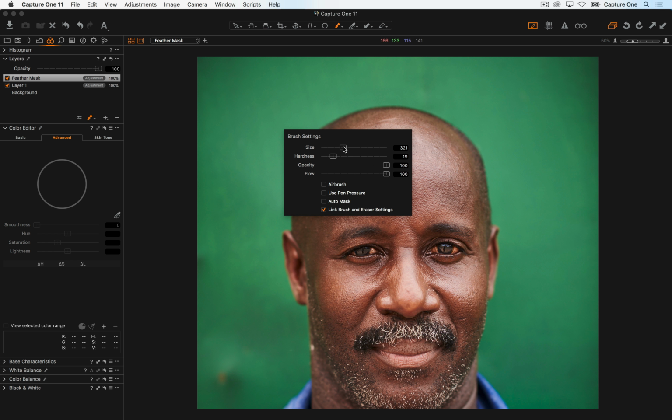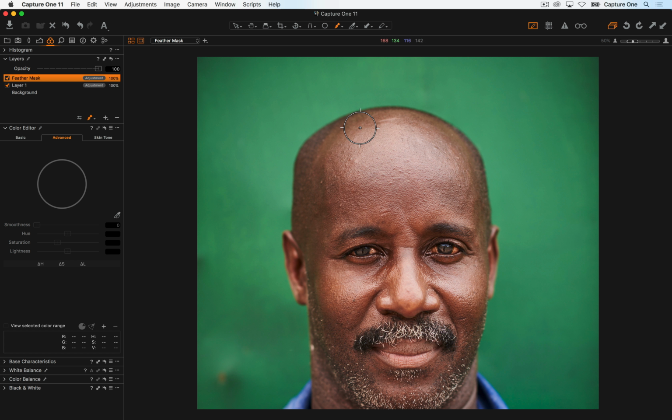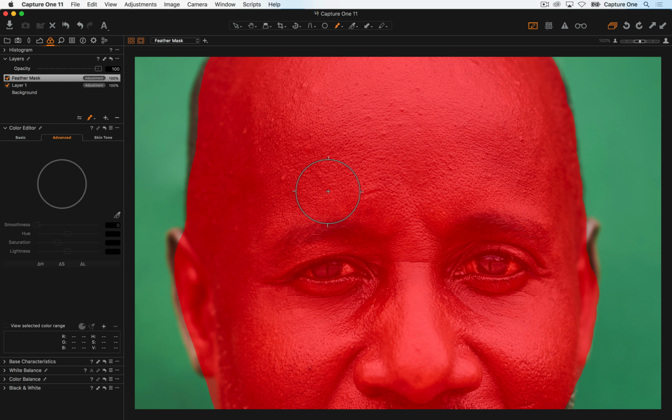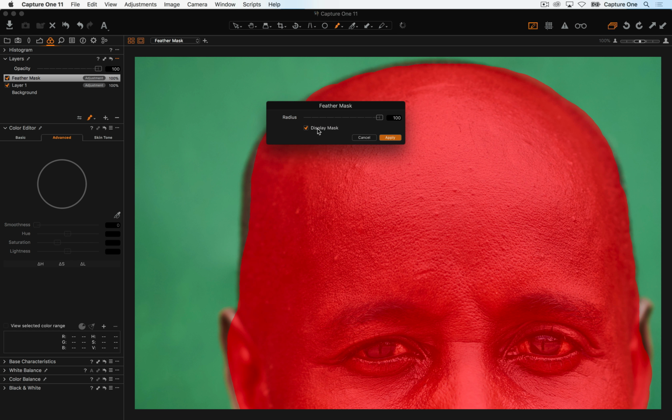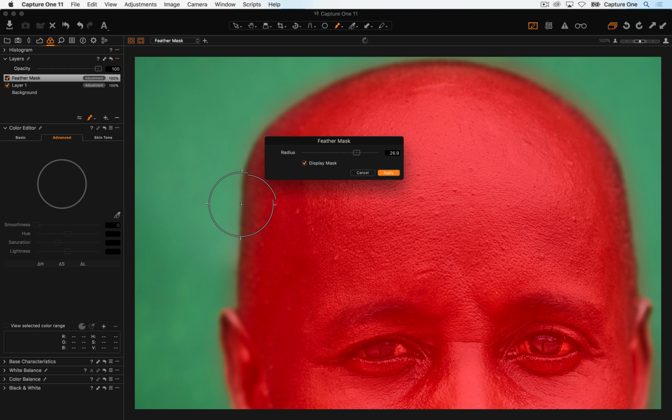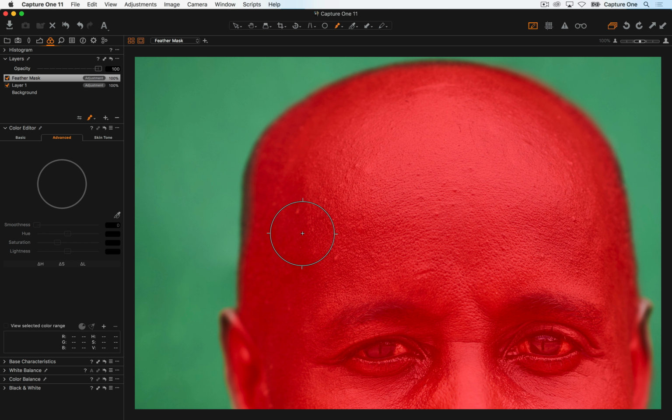So now if I mask our gentleman's head here, for example, let's just do a hard edge. I'm sure you can all guess what feather mask does. Incidentally, mask drawing is faster as well. So let's say fill mask. I'm sure you can guess what feather mask is going to do. Let's go to 100%. So hard edge, if we say feather mask, then we've got the ability to feather as well. So it just means if you've fluffed your mask and you haven't done a great job, you don't have to, you know, erase it and start all over again. You can just use the feather mask. Okay,